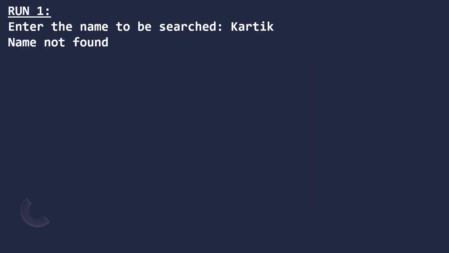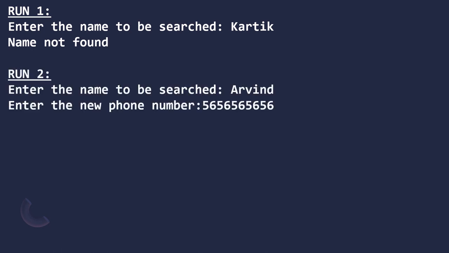I can see, enter the name to be searched. Let's say I pass the name as Karthik, which is not present, so it is giving the output as name not found. In the second run, it is asking for a name to be searched, and here I pass the name as Arvind. Then it is asking to enter the new phone number, and I have entered a new phone number for Arvind.